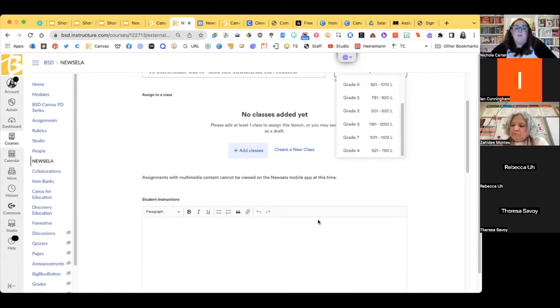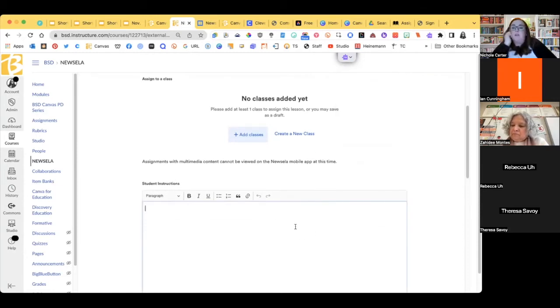And then what I also find really interesting is the student instruction. So every single article comes with a written response, usually a 4-question quiz. And then there are features within that students can use different colors to highlight. So within your student instructions, something that I would recommend,